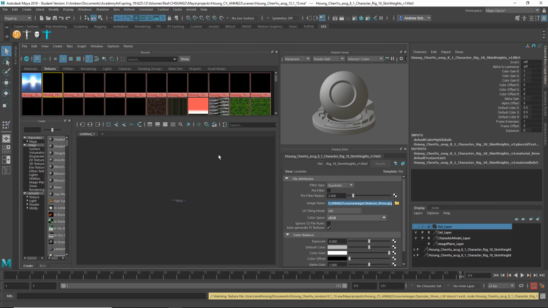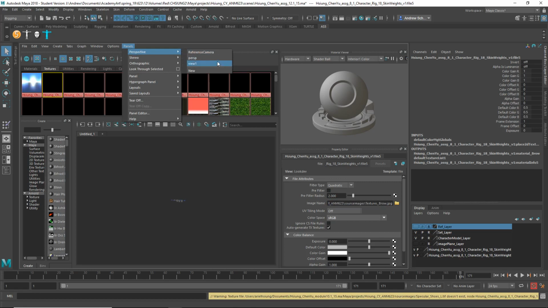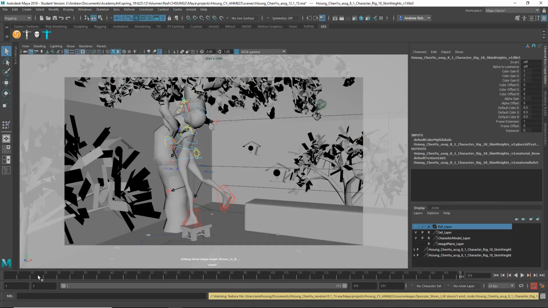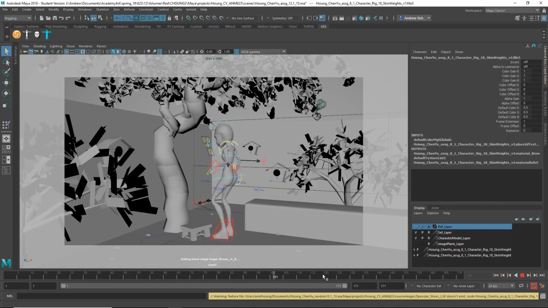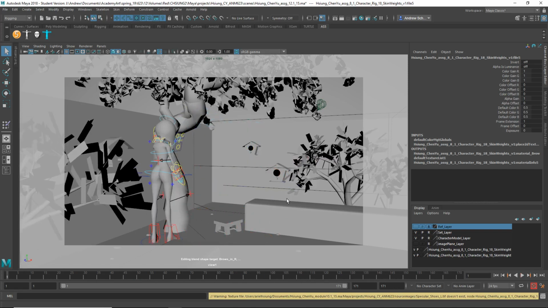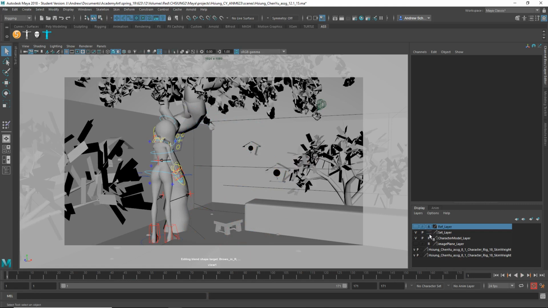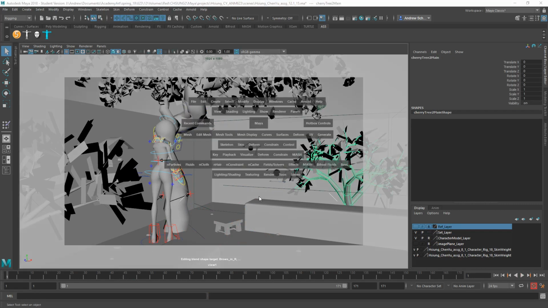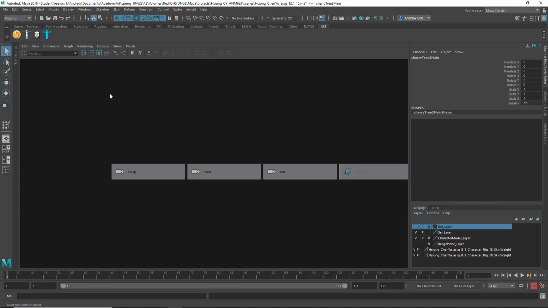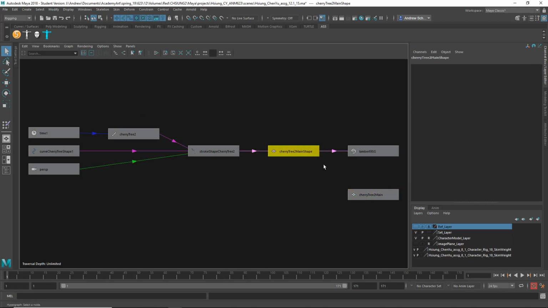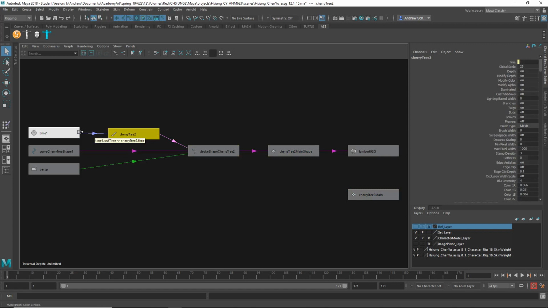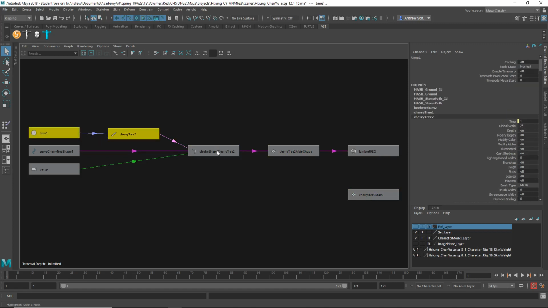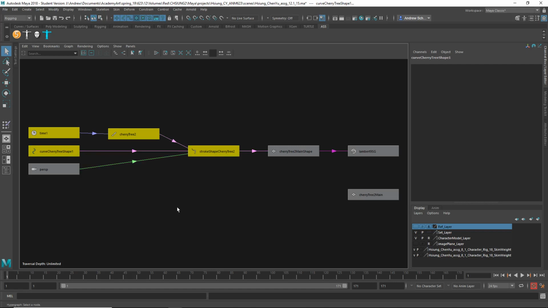Regarding the trees, the reason the trees are moving is that you chose a Paint Effects brush that was an animated tree. If you want to remove that, for example, I select this tree and go into the Hypergraph and click on this button, which is input and output connections. I can see that this shape node of the object is still fed by the Paint Effects nodes. So if I just delete those Paint Effects nodes,